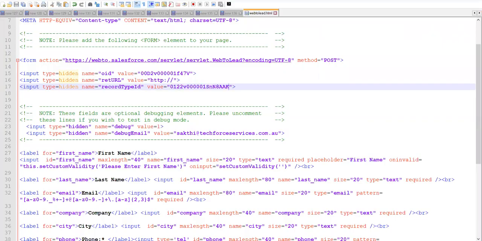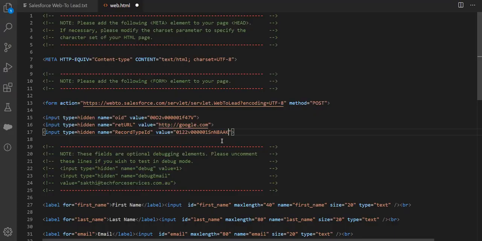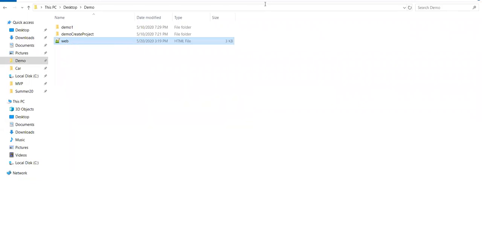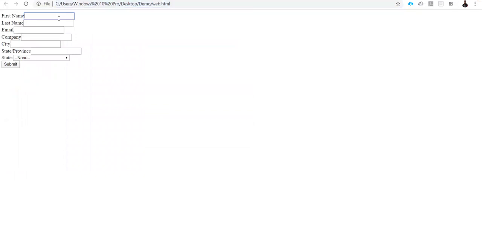So now let me execute this web HTML again. This time I'm entering the first name, and the last name is test. Submit. It's posted, and then redirected to google.com.